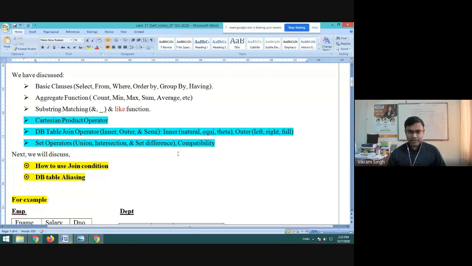Whenever we are performing these three operations, union, intersection, and set difference, you need to see the compatibility between the two queries or two sets of results between which we are trying to derive union, intersection, or set difference, right? So compatibility means the values should be of the same range, of the same domain, right? Then only you can perform these three operators, right? So these are the basic concepts which we have discussed.